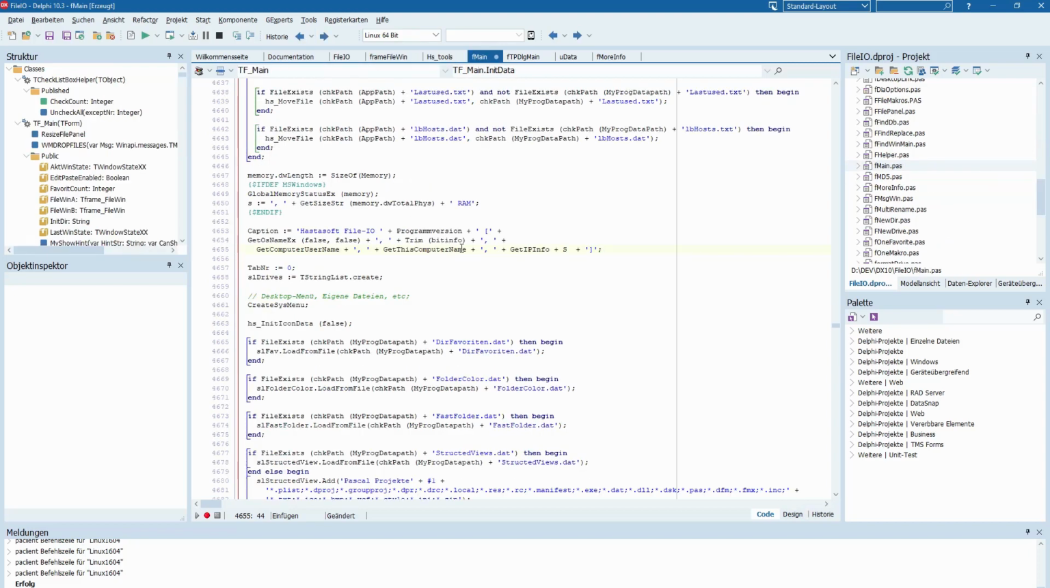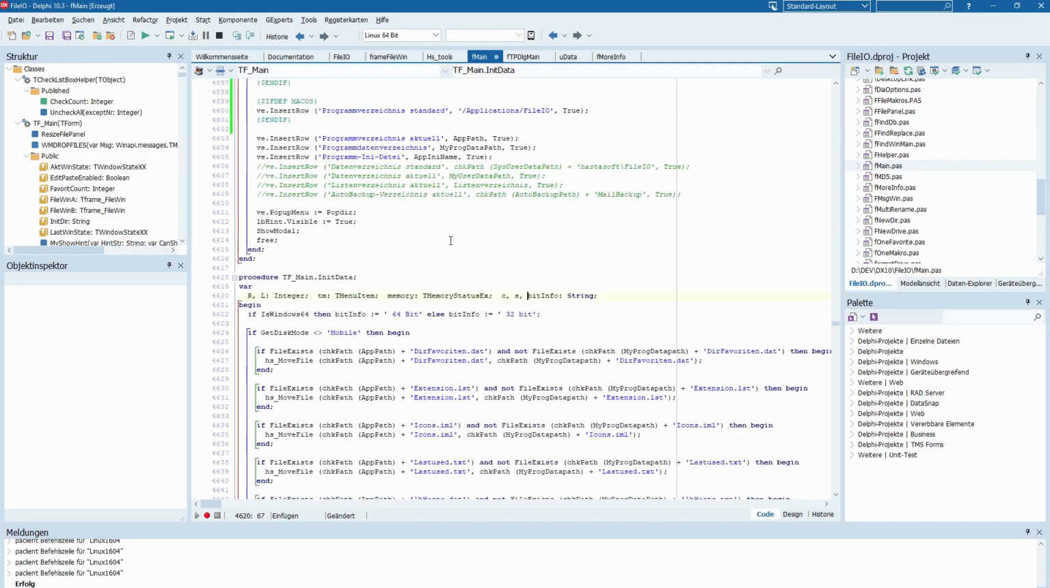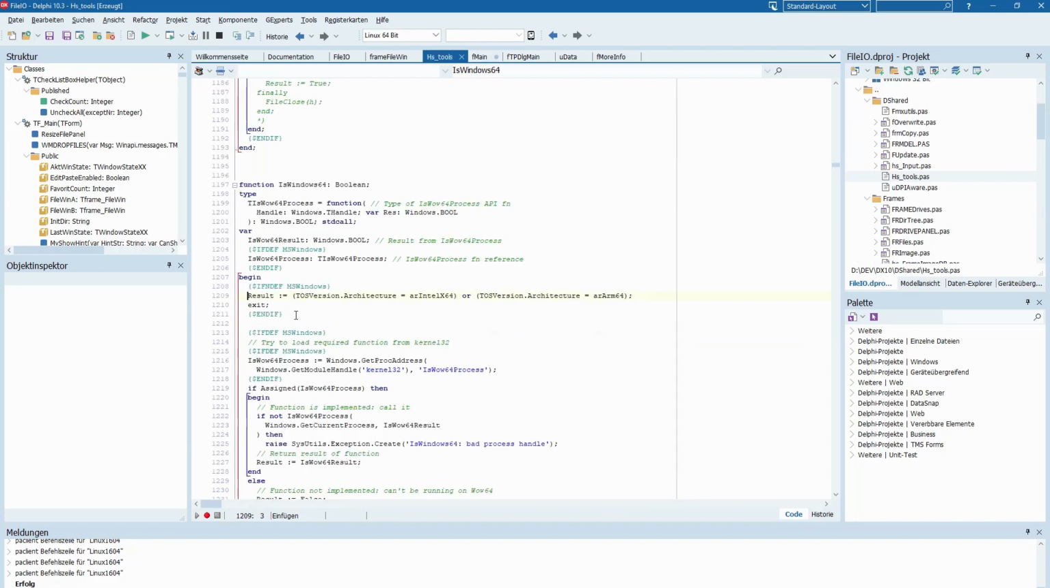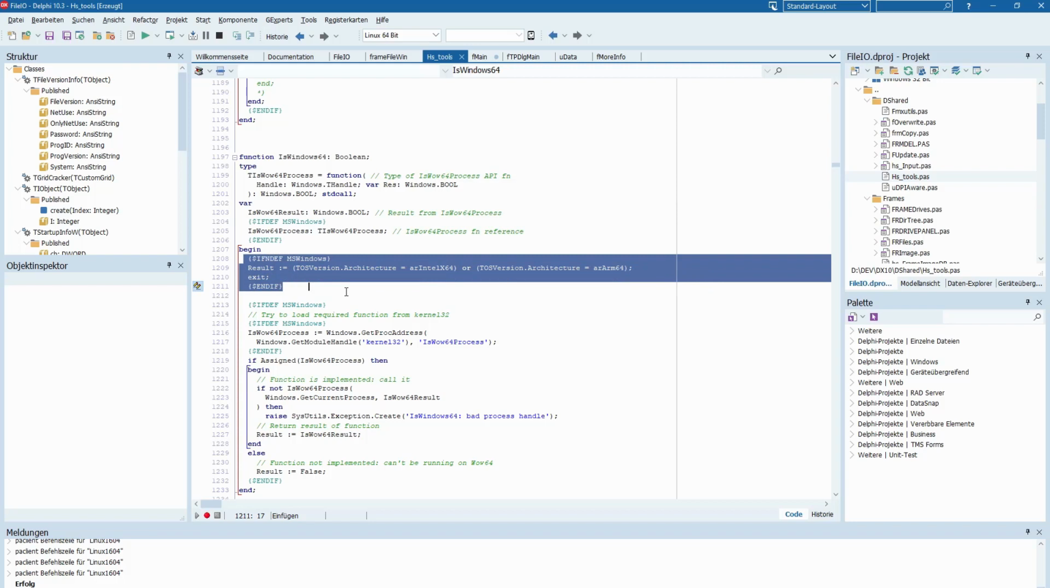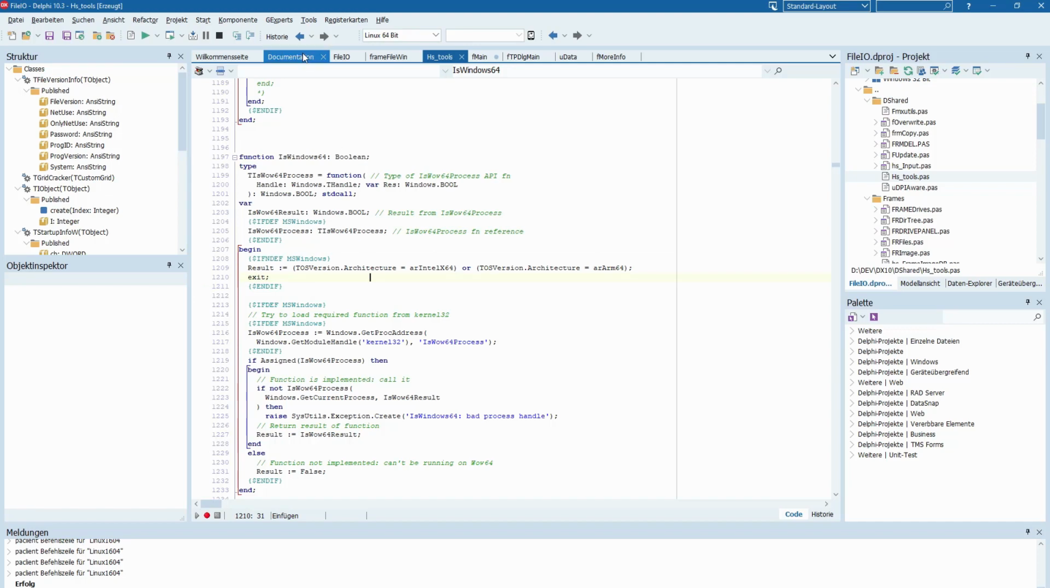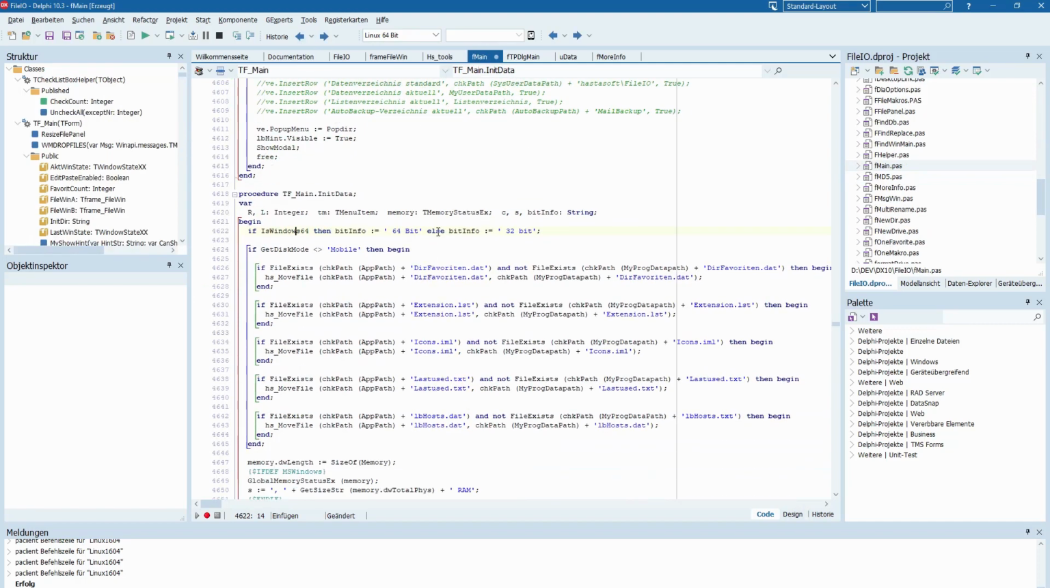And I have mentioned the bit info. I've got it here. IsWindows64 is the question, and originally I made this for Windows and enhanced it only with these short lines. Again, with the TOSVersion architecture information, you get the information whether it is 64-bit or not. And